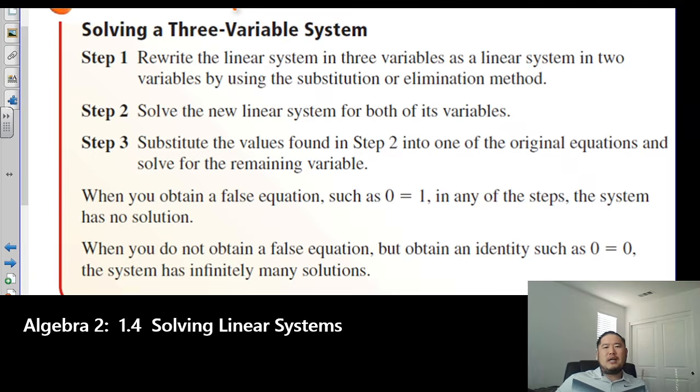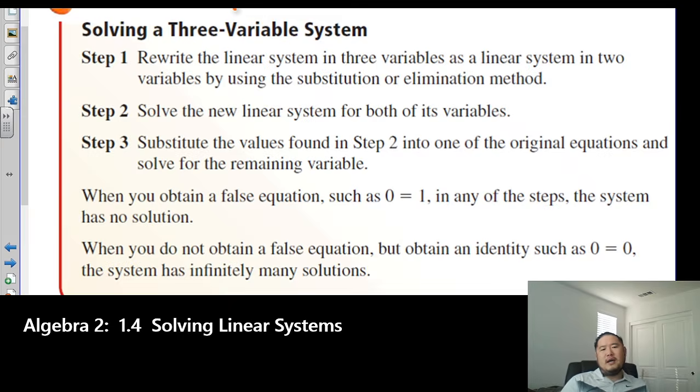paper this time around. What we're taking a look at right here is three equations with three unknowns, and we're going to try to figure out how to solve them and figure out where those three lines intersect, or equations is kind of the idea. So you see right here a series of steps in order to solve three variable systems. They try to break it down as easy as possible, but they may not understand it until we actually do